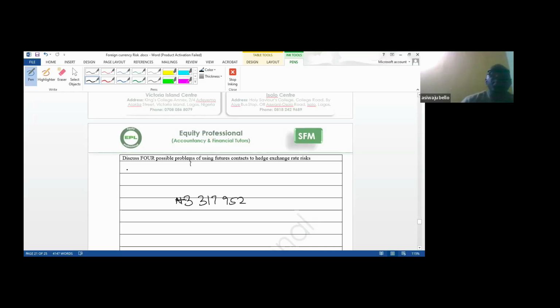Possible problems with futures contracts. 1, all currencies are benchmarked